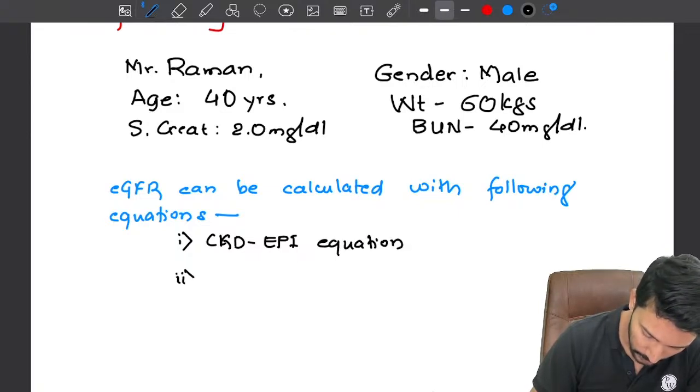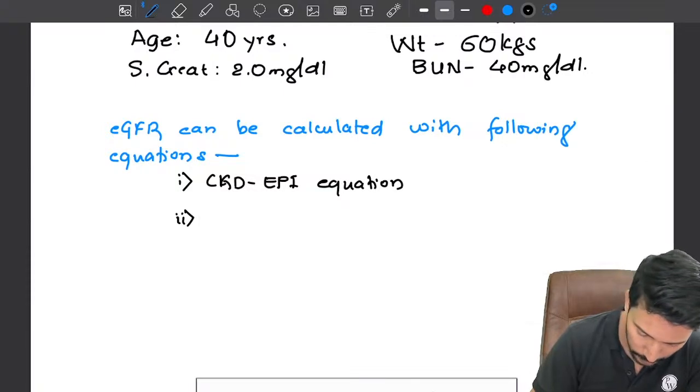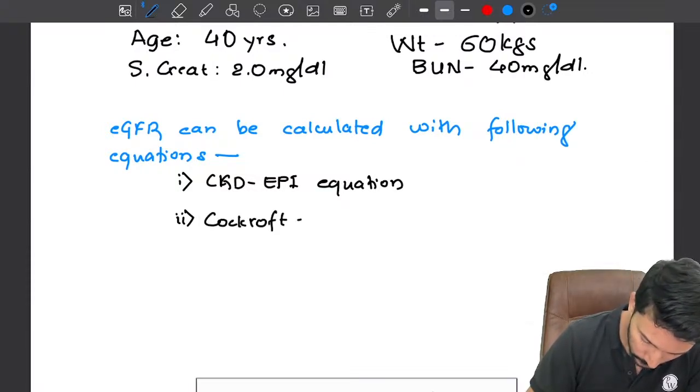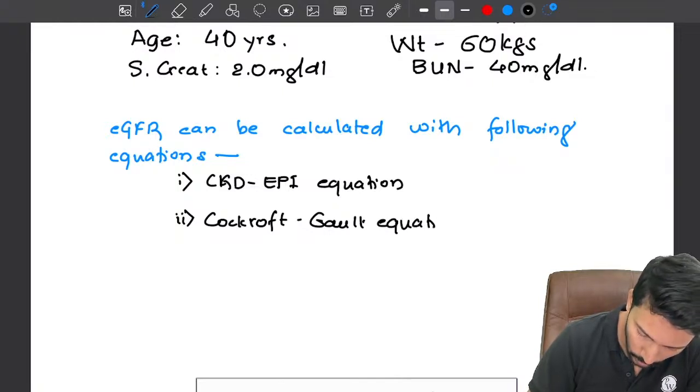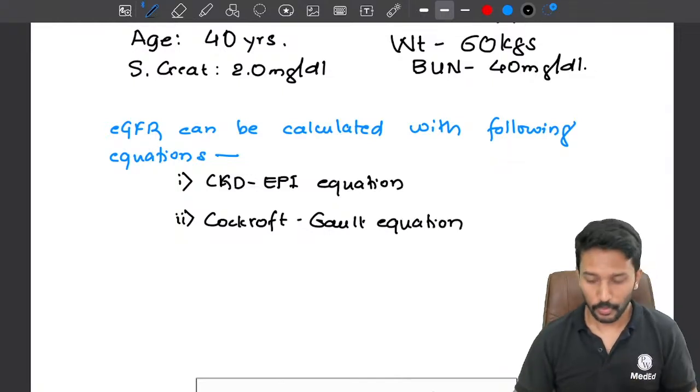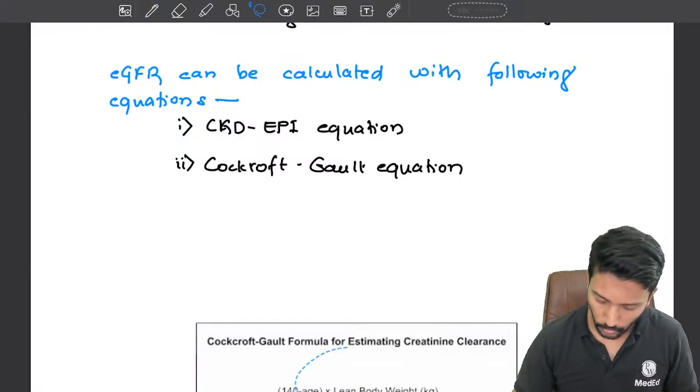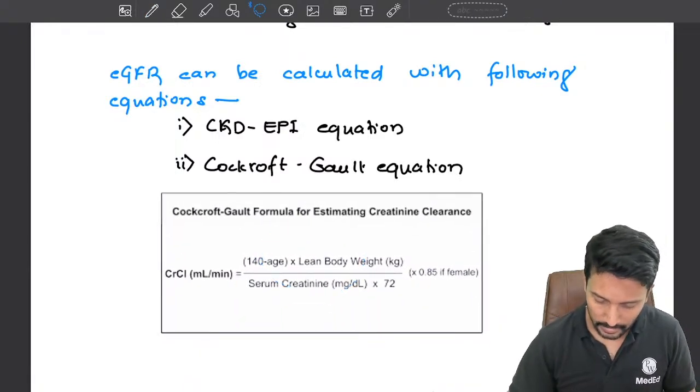And the second one that is commonly asked in exam, that is Cockcroft-Gault equation or Cockcroft-Gault formula. Okay, so I'm going to give you this Cockcroft-Gault formula now, and then we will calculate the GFR for this